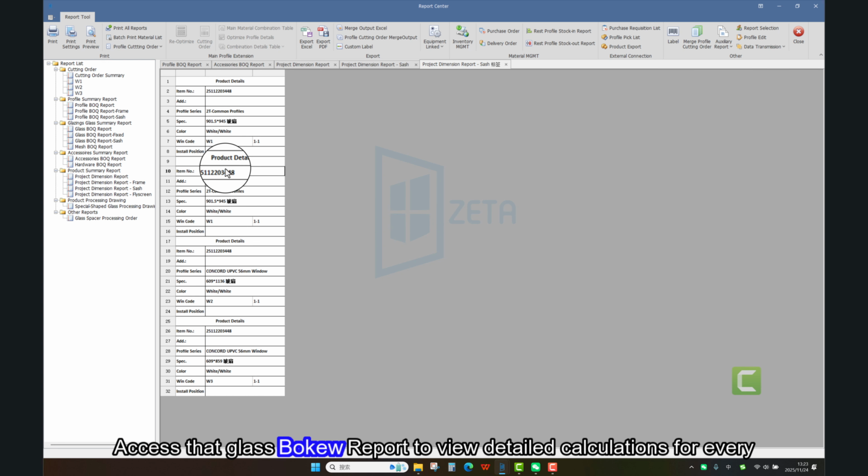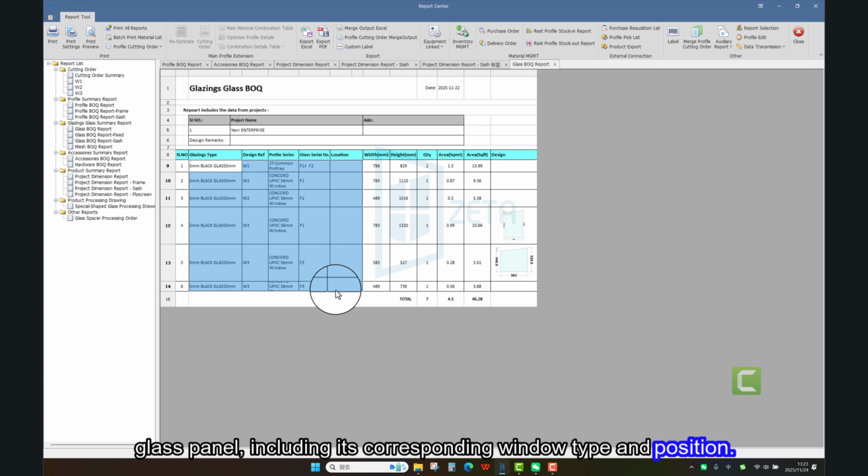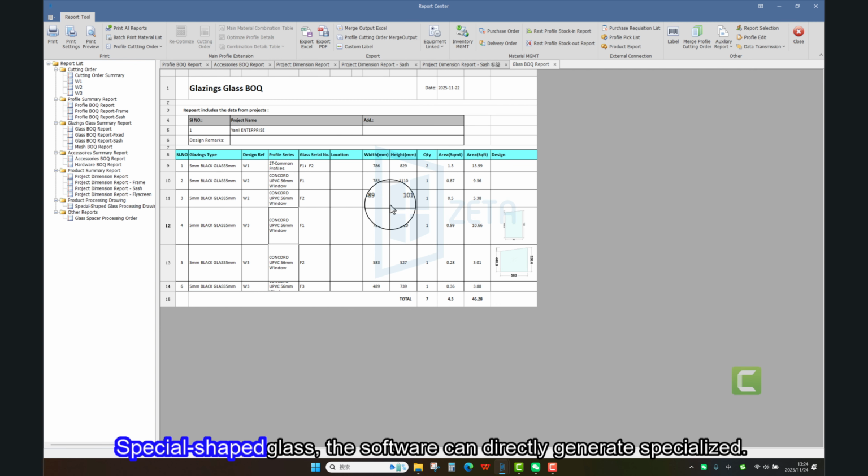Access the Glass BOQ report to view detailed calculations for every glass panel, including its corresponding window type and position. For special-shaped glass, the software can directly generate specialized